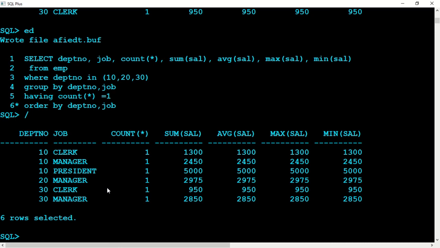Okay, so this is how the having clause works. In the having clause you can use the aggregate functions. Okay, and having clause is mostly used for filtering out the groups, and the where clause is used to filter out the records which have to be included in the group. Okay, so I hope you understood. When there are any columns which are not aggregated, they have to be mentioned in the group by clause. Okay.